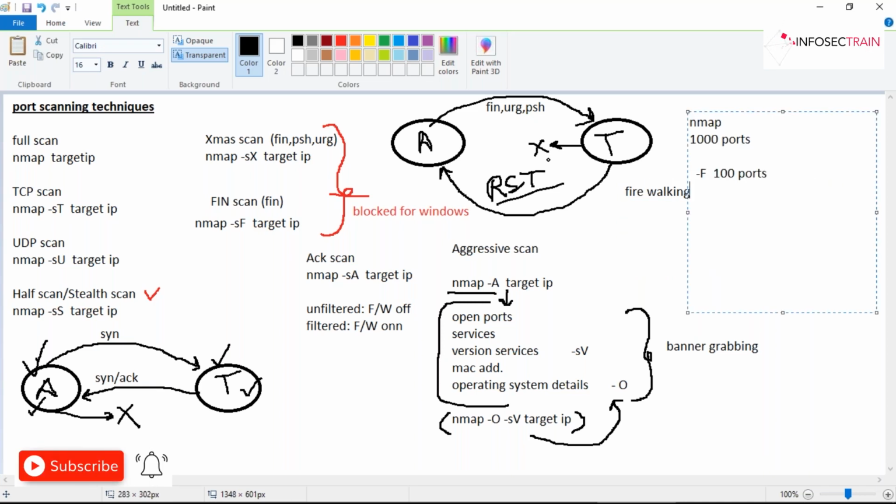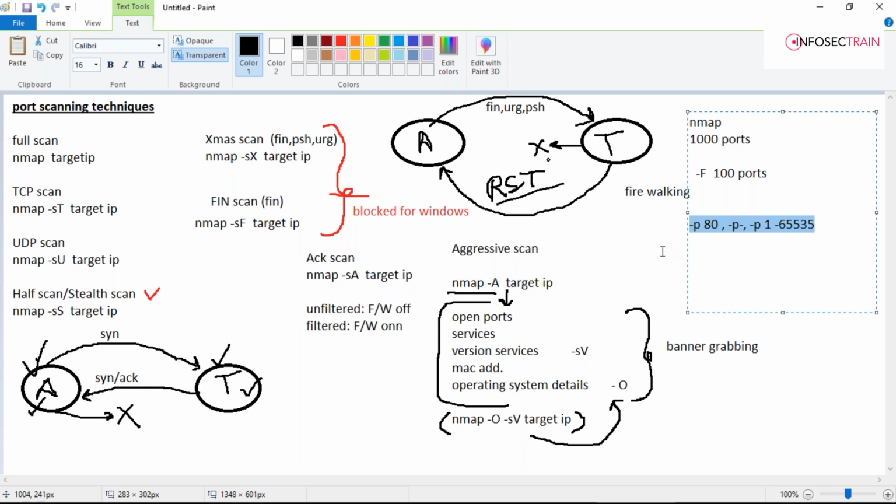Then we have next, guys, that is to scan a particular port. Let's suppose you want to scan the target machine for a particular port number 80. For that, you'll be typing hyphen small p and the port number. If you want to scan all the ports together, from port 0 to port 65535, you'll be typing the command hyphen p hyphen, or you can write the same command, hyphen p 1-65535. All right, this is what you'll be writing.